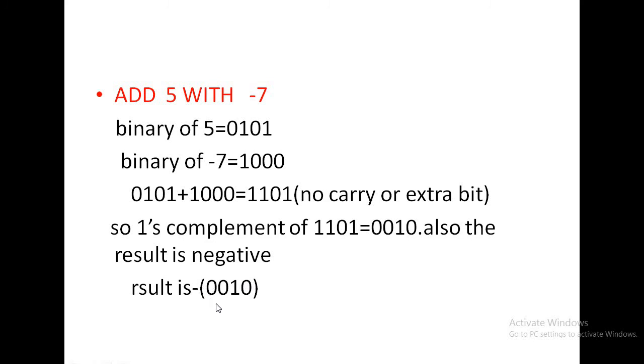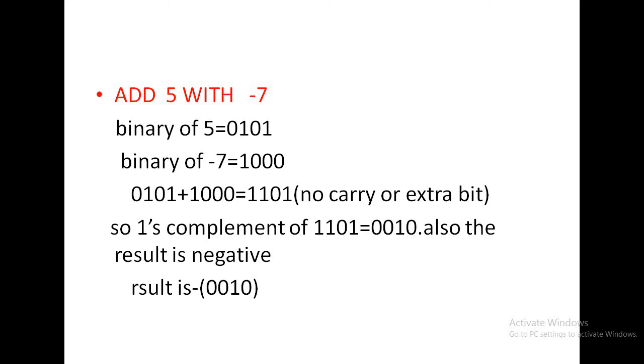Okay. So to perform 1's complement addition, you must remember the rules. First rule is, 1's complement of both the numbers is found. Add both the numbers. If the result has no carry, perform 1's complement and the result is negative. If the result has some carry, then the carry is added to the final result. Okay. So in this way, you can perform addition of two numbers using 1's complement.